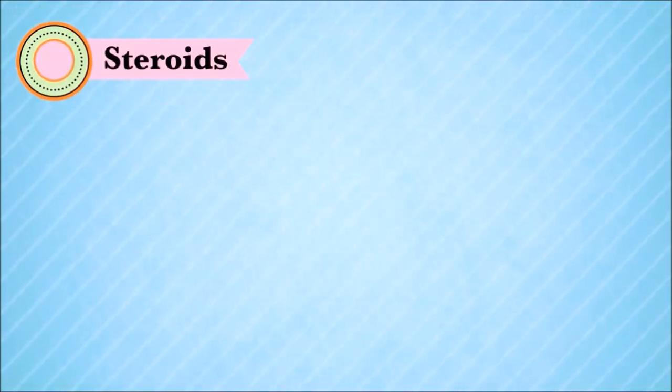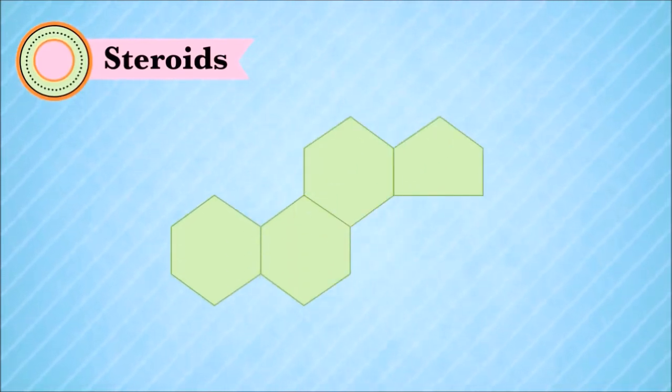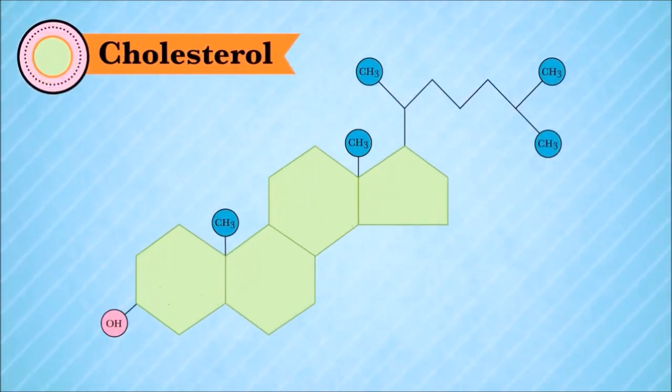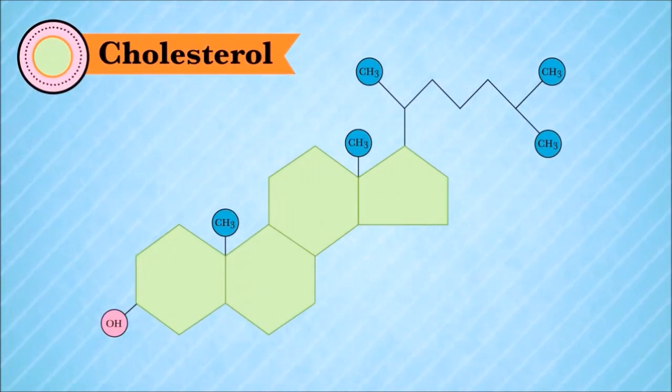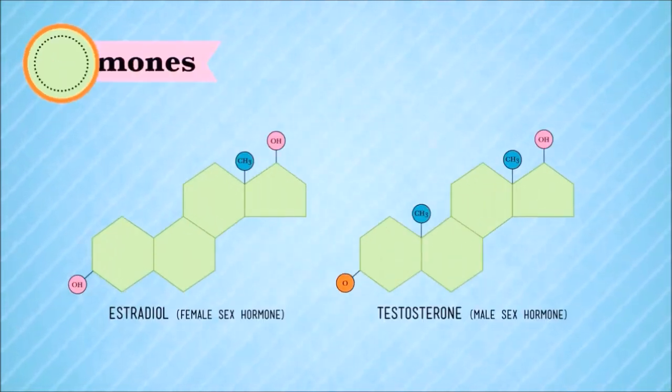Another class of lipids is the steroids. Steroids have a backbone of 4 interconnected carbon rings, which can be used to form hundreds of variations. The most fundamental of them is cholesterol, which binds with phospholipids to help form cell walls. But these can also be activated to turn into different lipid hormones.